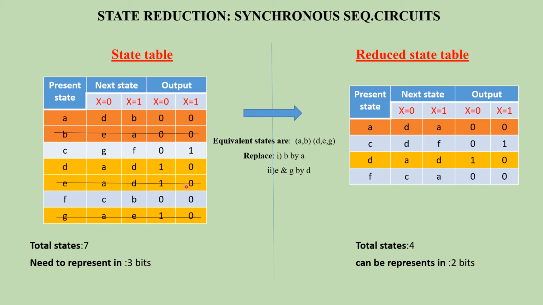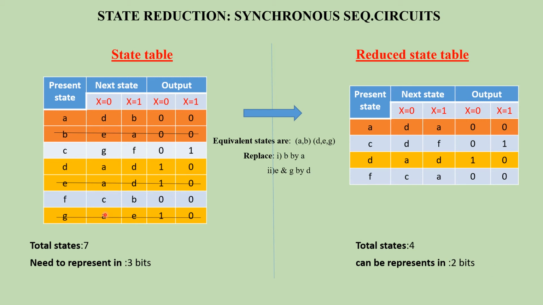And then E can be avoided since it is an equivalent state, and F has to be written. So F is C. Instead of B we are supposed to write A, and it is written, and G is once again a repetition, so we are leaving that. So the state table with 7 total states, which need to be represented in 3 bits, which actually means 3 flip-flops have to be used, has been reduced to a state table with 4 states, and 2 bits or 2 flip-flops is more than enough to represent that state table, right?